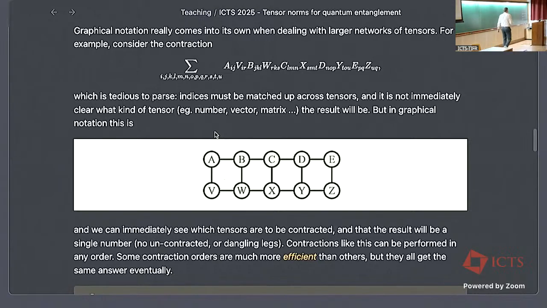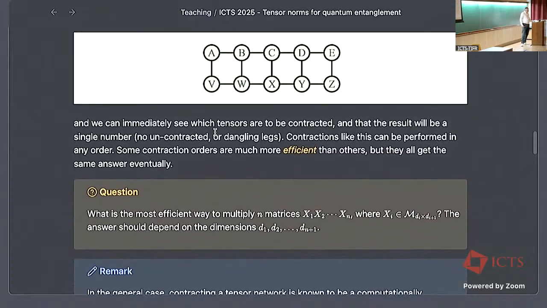But actually, this is a very important problem because not all ways of computing the sums are equivalent. You always get the same result, of course, but there are smarter ways to compute the sum such that you have fewer computations. And here's a question for you, maybe a simpler one. I give you n matrices, x1 to xn. They are rectangular matrices. So xi has dimensions di times di plus 1. The dimensions match, so I can multiply them.